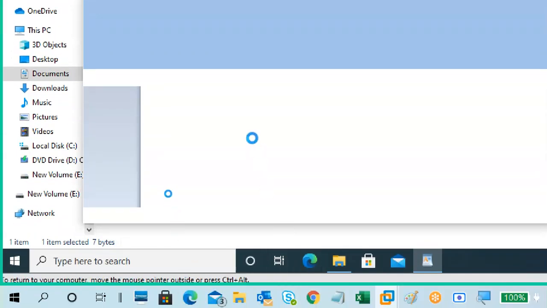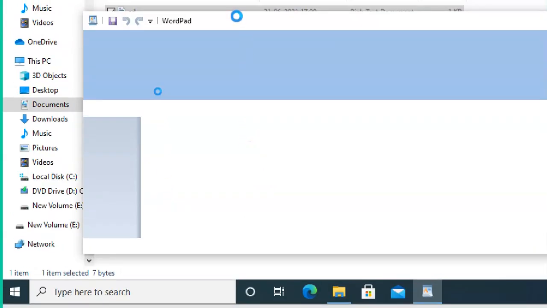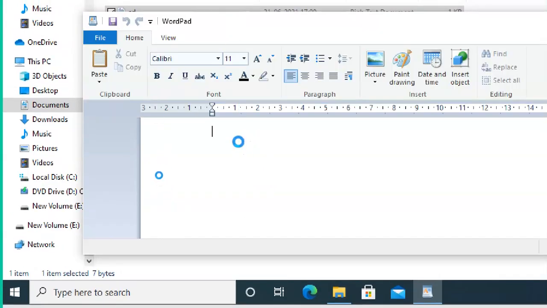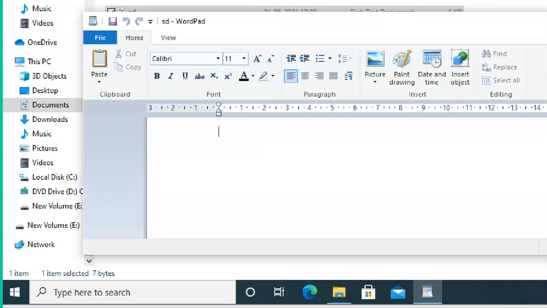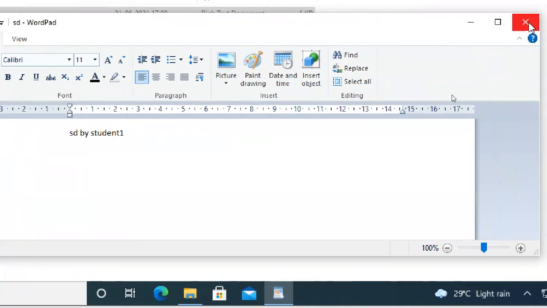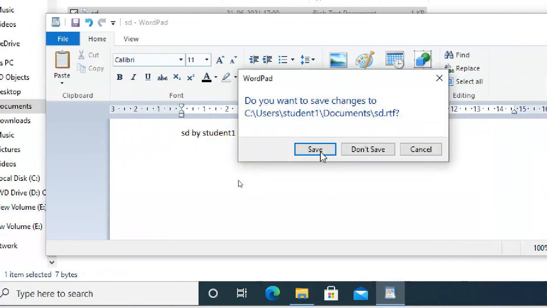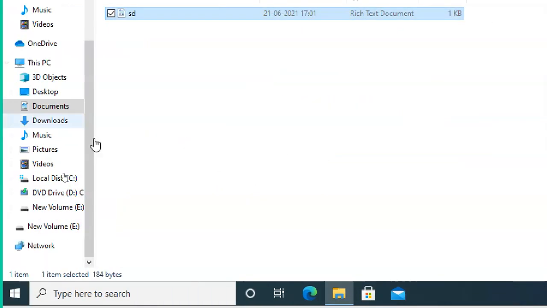So it's a WordPad: ESD by student1. Then save it and close it, or close it and it will ask to save, then it closes automatically.